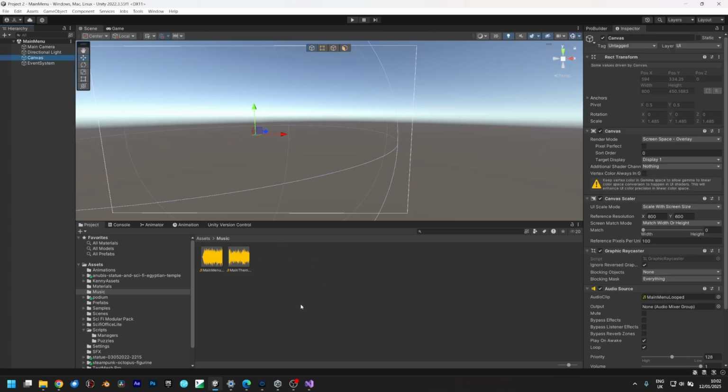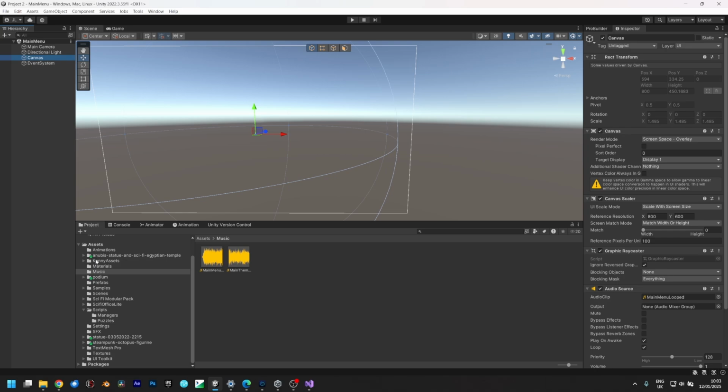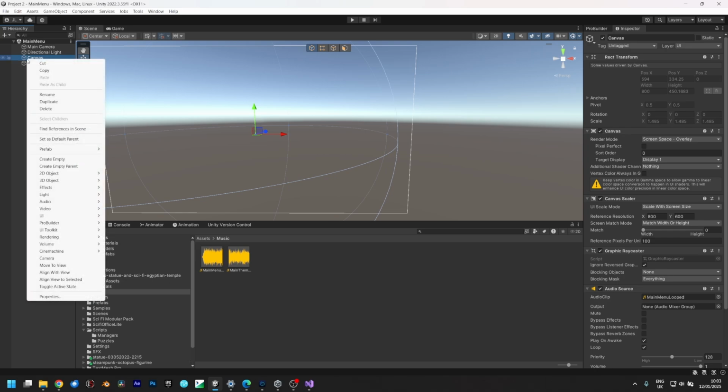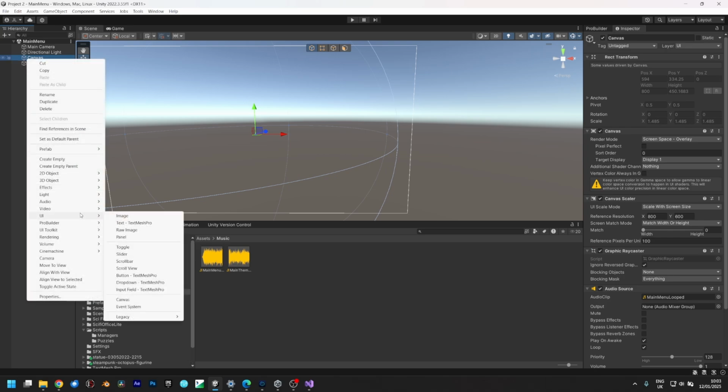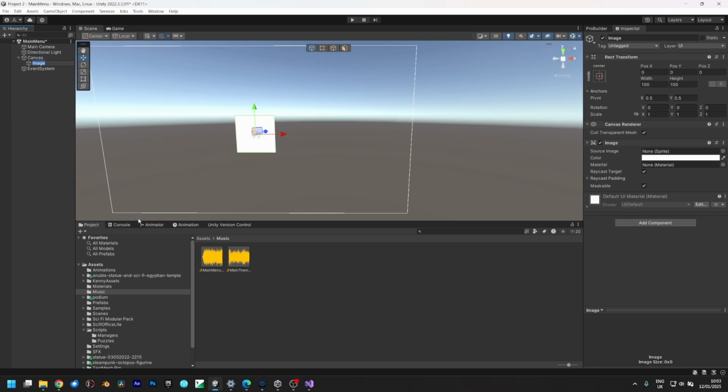Next step will be to create a background. So to do that, we right click, go to UI, and we just do image. And this image is background. Now you'll notice that the source image is a sprite. This is very important. So if I come to our